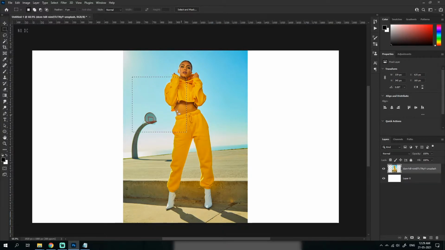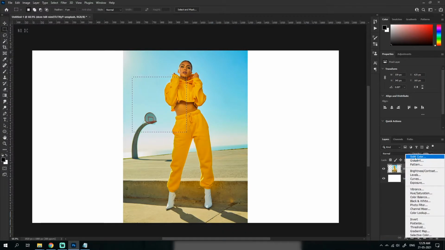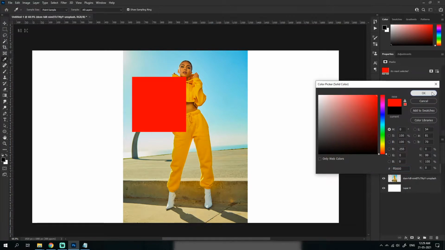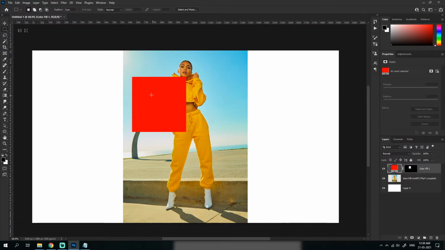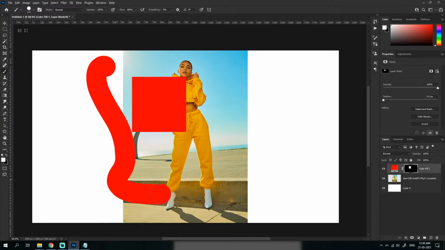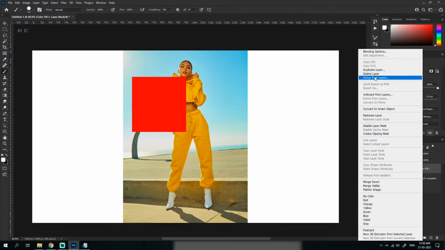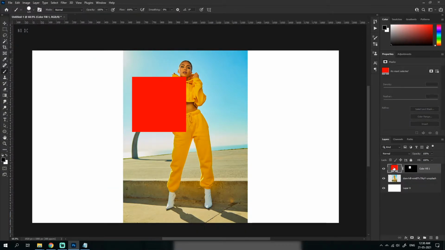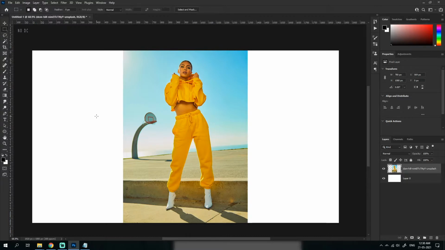That's the rectangular tool. With whichever you select like this, you could go here, solid color, select the color, and you could see that same section is made with a mask. And then with a mask you could just select black color, white color to actually make it appear like this. You could also make things delete if you want to.